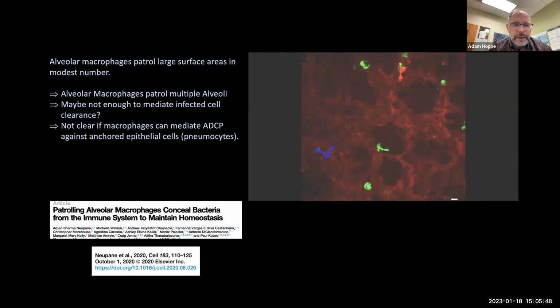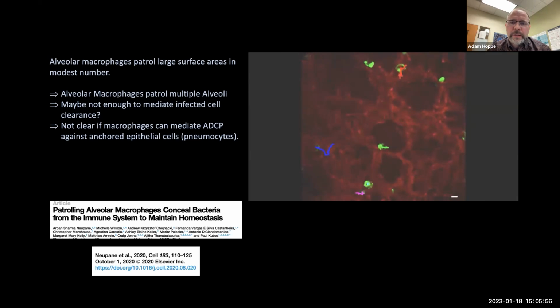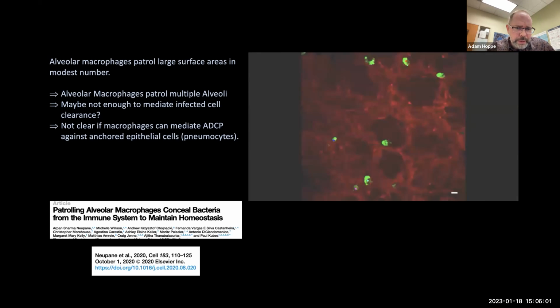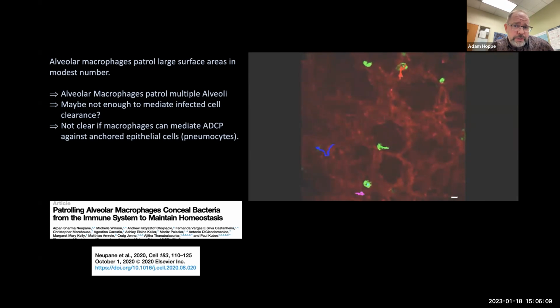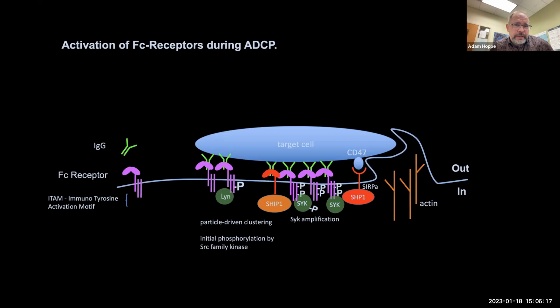So they're going to have to recruit additional effectors, similarly to what I showed in that previous video. So they're going to have to bring in additional monocytes to replenish and maintain their function in that context. This also raises the question as to whether or not these alveolar macrophages could phagocytize a type 2 pneumocyte. Okay, and I'll point to a little data on that in a second. So now I'm going to switch over to talking about phagocytosis of host cells or infected cells.